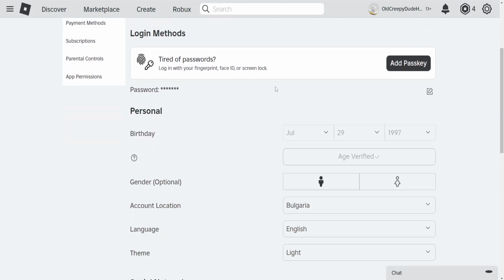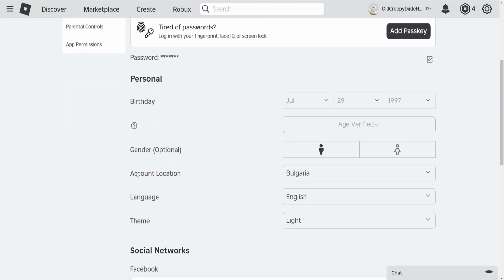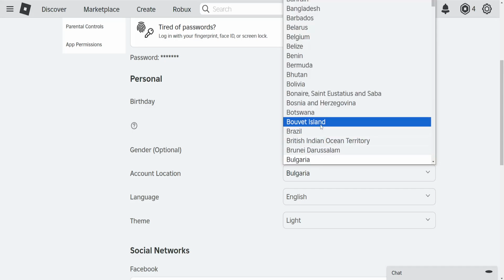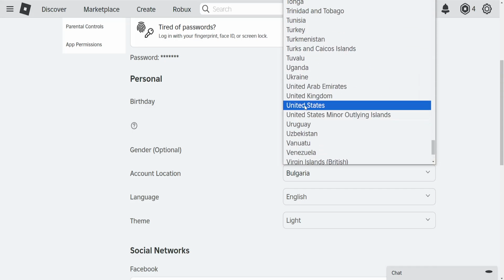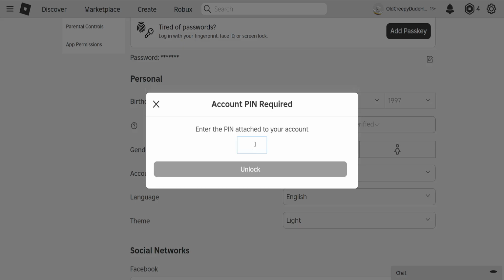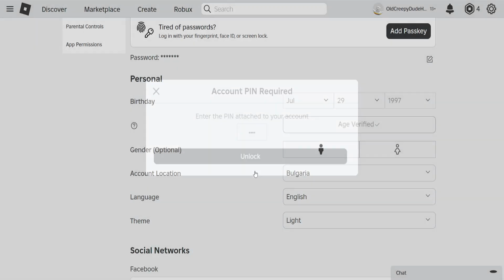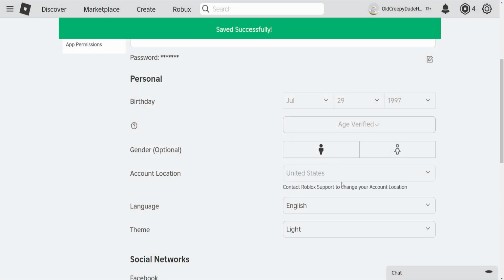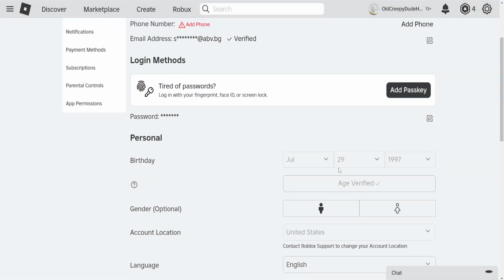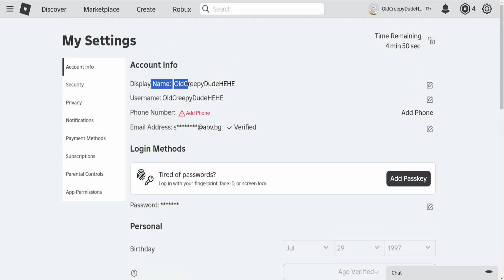So we will scroll down until we see our account location, and we'll need to change it to the United States. So if it's changed to the United States here, I'll just need to write my PIN, and it's going to show me this. You can only change your location once. So if I set my location here to the United States, now if I go back and I choose my